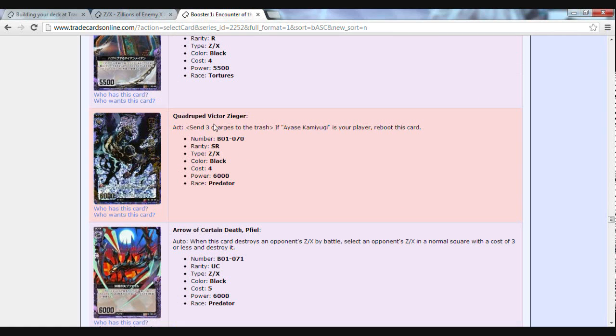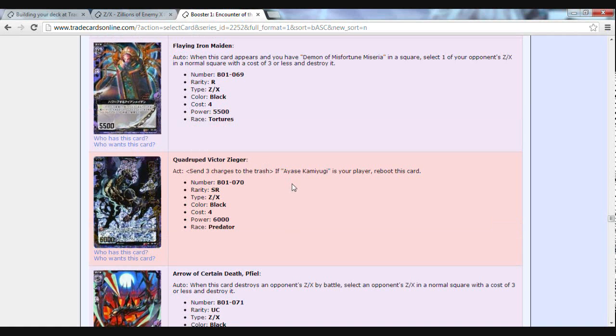Here, sentry charges to the trash. Act as activate abilities. That means like Cardfight Vanguard, you can use them during your main phase. If Ayase Kamiyuki is your player, that means your player card, reboot this card. That means this ability can only be activated if you have this card as